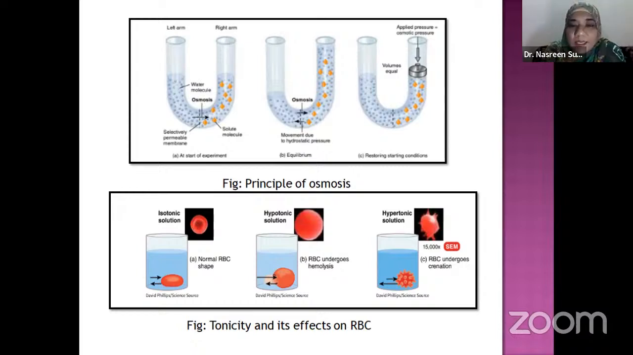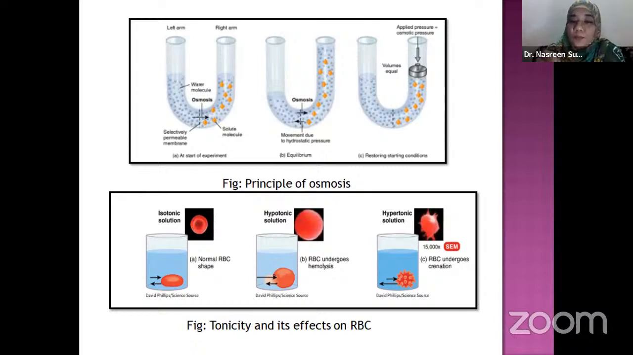So what happens is, the water will be moving from higher concentration to lower concentration, and all the water will enter into the RBC. The RBC will swell and finally it will break down. That will be called hemolysis. And if you put the RBC in the hypertonic solution,